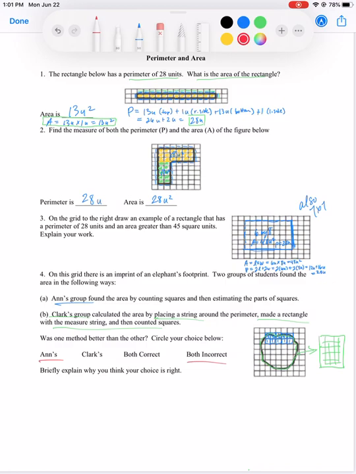The perimeter can change. For Clark's group, why they're a bit off is that even though they can find the area with a perimeter, and if you find the number of squares with this perimeter here,